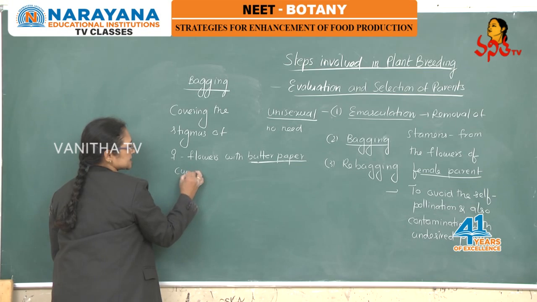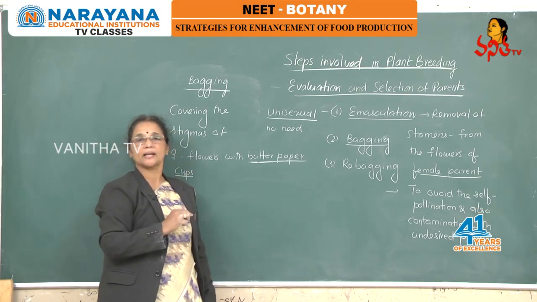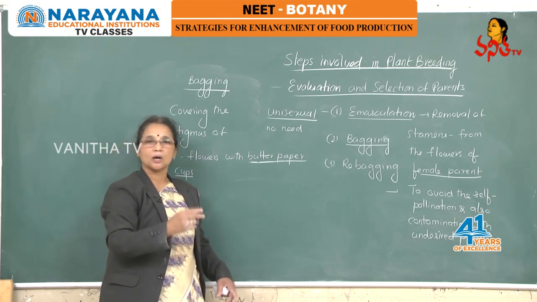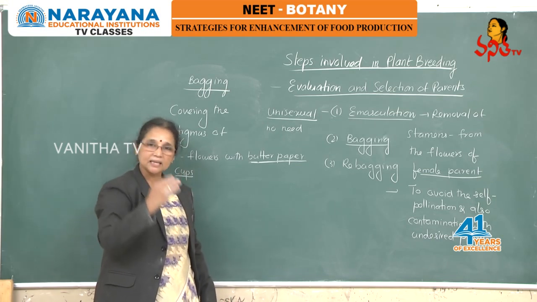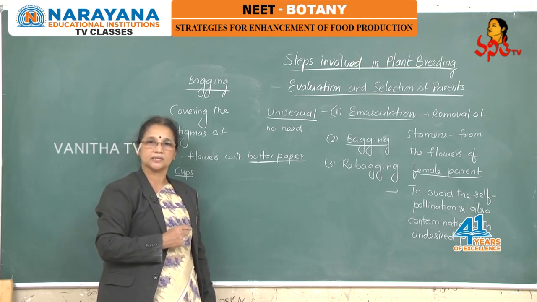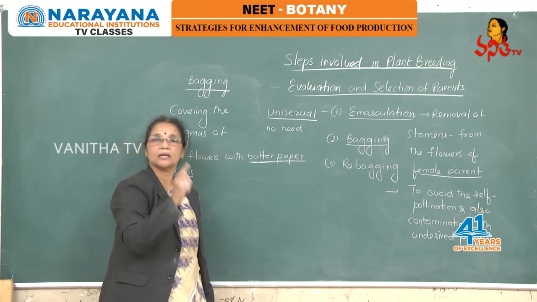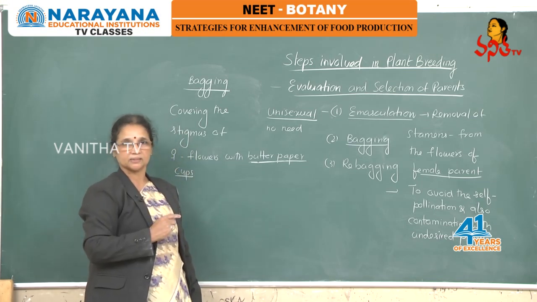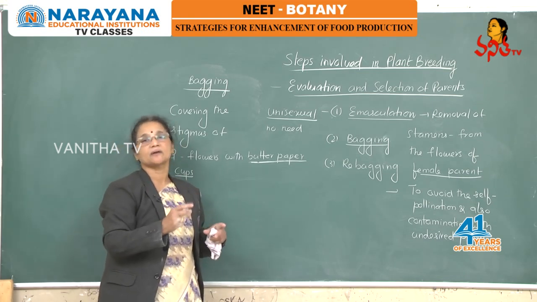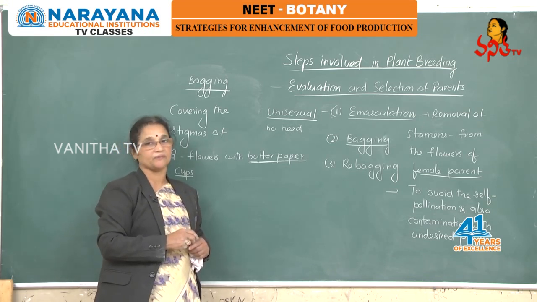So, why does this process have to be carried out? It is also to avoid the contamination with the other foreign pollen grains, because strictly here we want to cross the female flowers with the desired male flowers only to get the new desirable character combinations in the hybrids. Okay. So, bagging is done only for the female flowers but not for the male flowers, right children? Okay. Now, after bagging we have to wait till the flowers come to receptivity, which means we should know the timing of maturation of the flowers also.